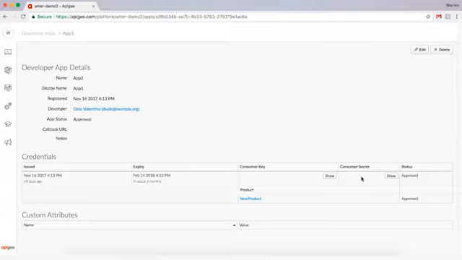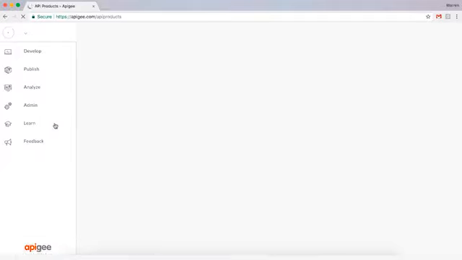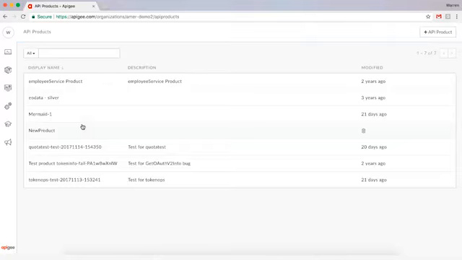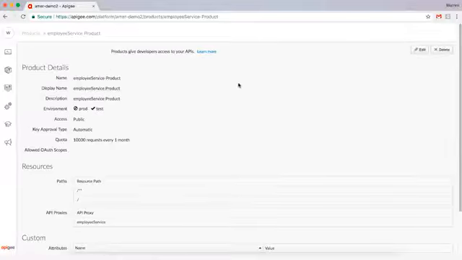As mentioned before, you can think of an API product as a collection or bundle of APIs that are grouped to achieve a certain set of functionality. The UI allows you to manage API products as well, so let's take a look at what you can do. From the API products page, you can view all the API products you have created. From here, you can also add a new API product by using the Plus API product button located on the upper right-hand corner. By clicking on an API product, you'll be taken to the API product details page.